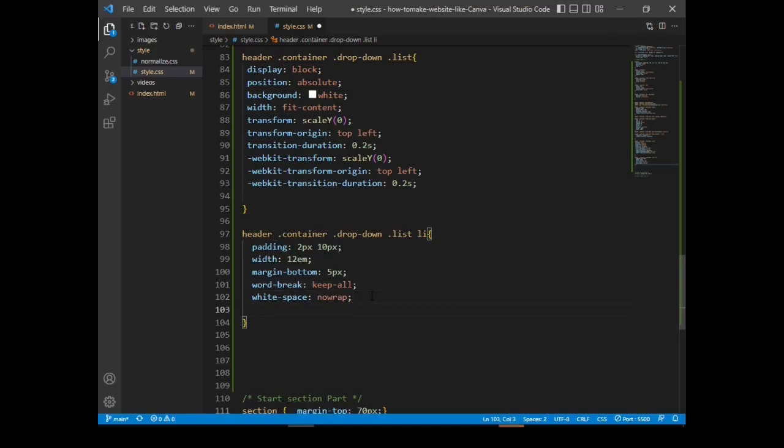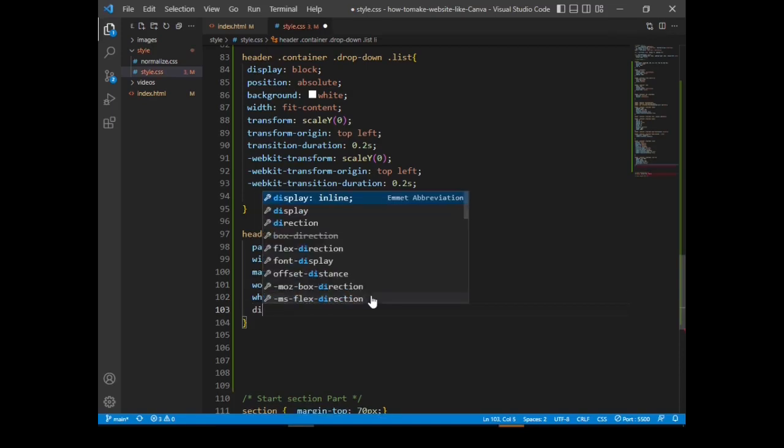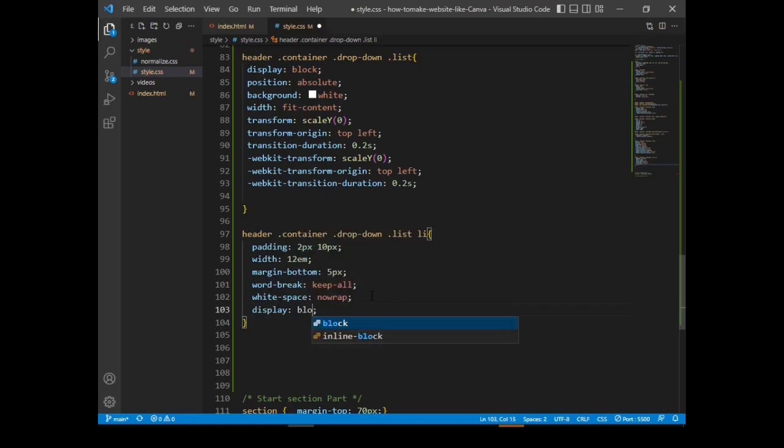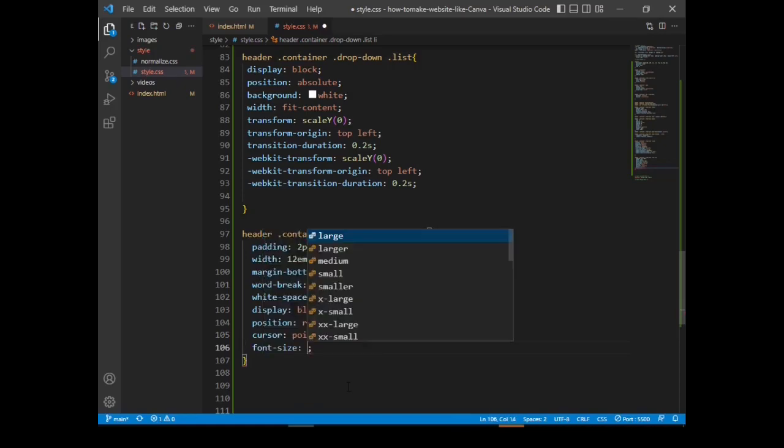Then display block, position relative. Let's have a cursor pointer, font size 1em.